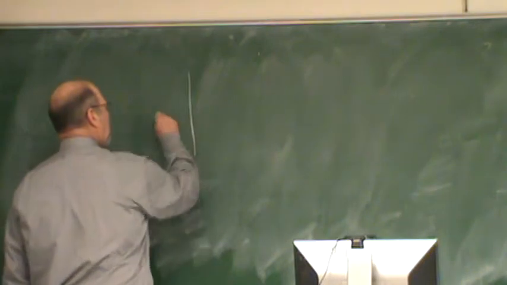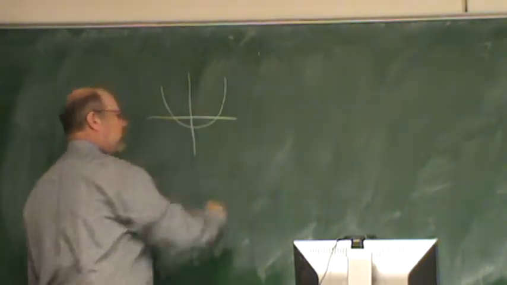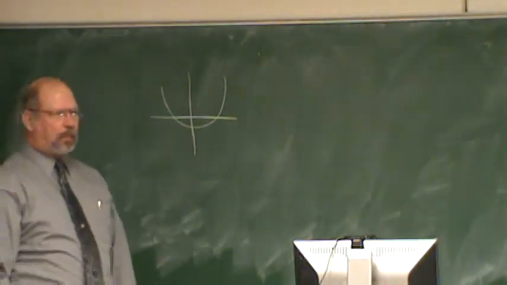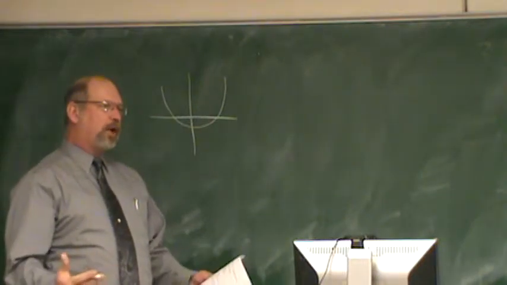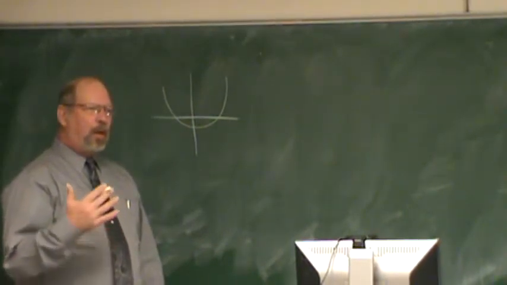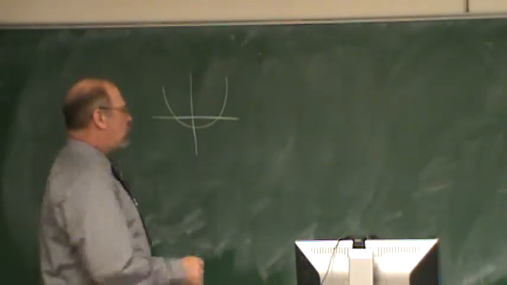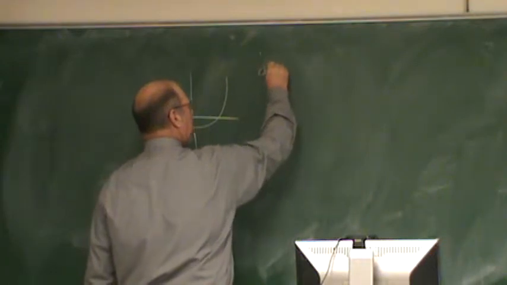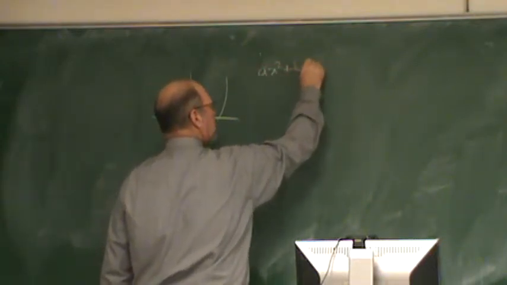Any quadratic equation is going to have this basic shape. This is called a parabola. They're going to come in a lot of shapes and sizes, but they have that basic shape. Some of them open up, some of them open down. What I'm driving for is quadratic equations are going to have the form ax squared plus bx plus